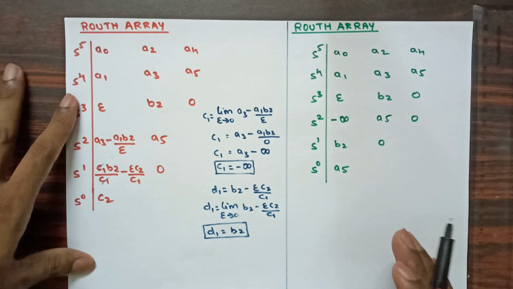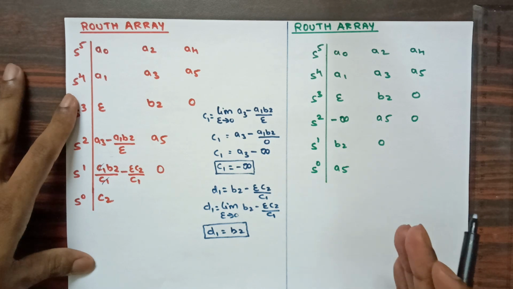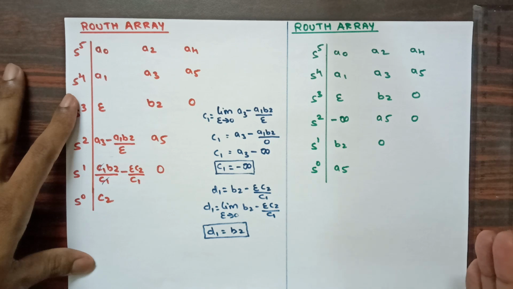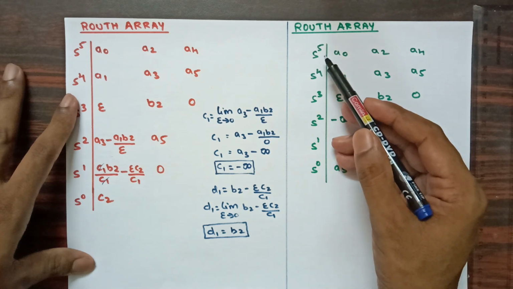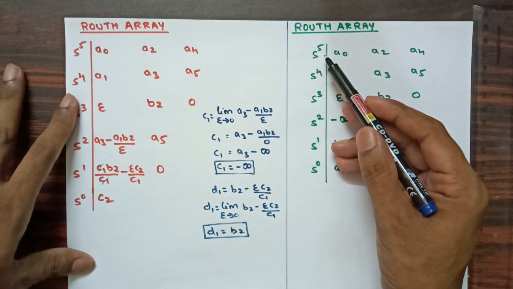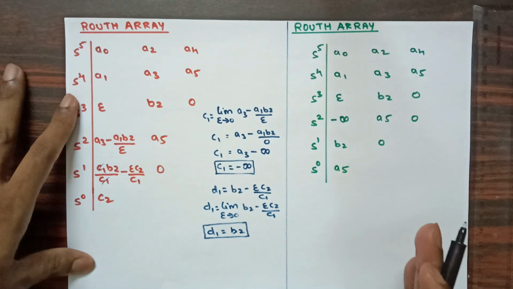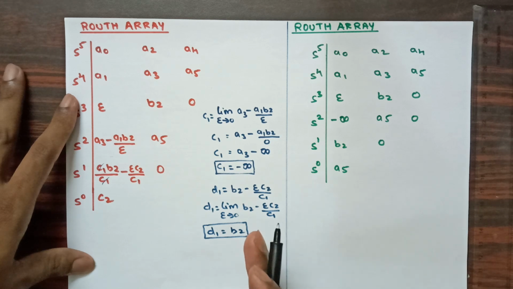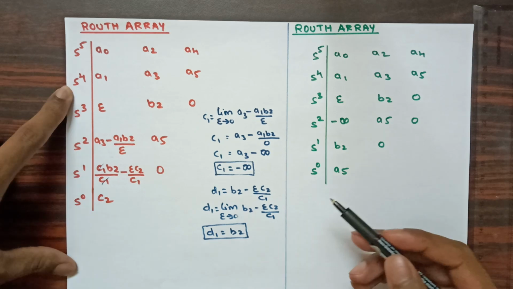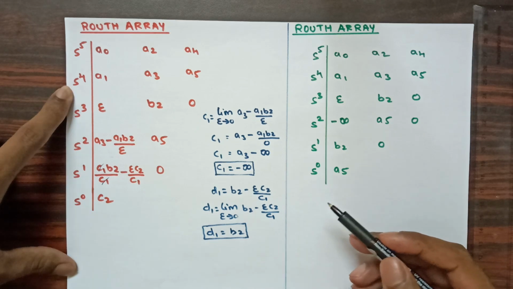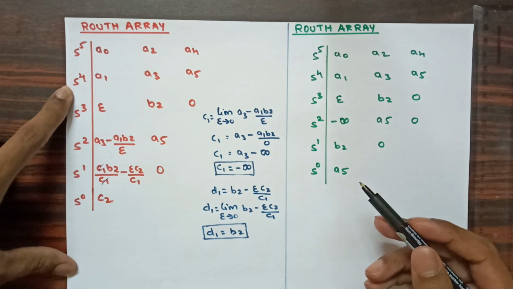So in this first column you can see that we are getting two sign changes. That means two poles are coming on the right hand side of the S-plane, and we know that if even one pole comes to the right hand side of the S-plane, the system is unstable. Here I have considered the example of a fifth order characteristic equation. That means in total I am having 5 poles. Of these 5 poles, 2 poles are moving to the right hand side of the S-plane and 3 poles are remaining in the left hand side of the S-plane. We'll try to understand this better by solving one problem.